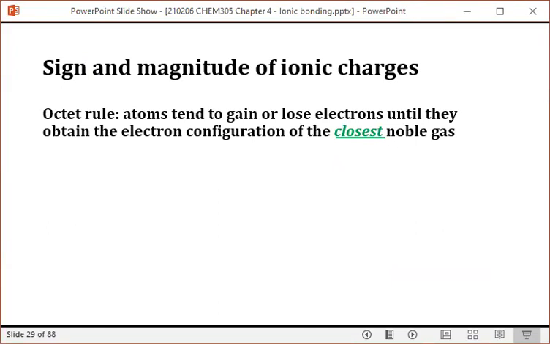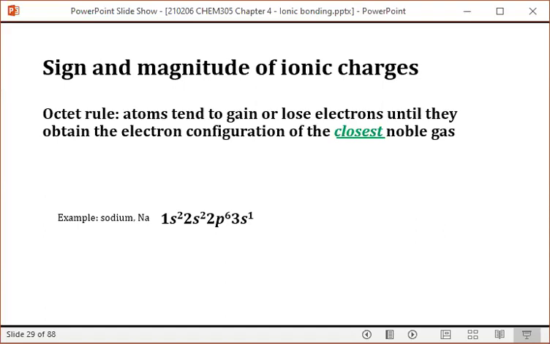So the octet rule, again, says that atoms tend to gain or lose electrons until they obtain the electron configuration of the closest noble gas. Because noble gases have full outermost electron shells with 8 electrons, other atoms are going to tend to gain or lose electrons through bonding to get to the closest noble gas to be more stable. So if we look at that from an electron configuration standpoint,